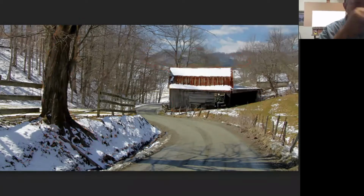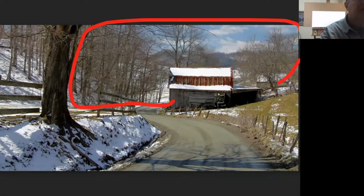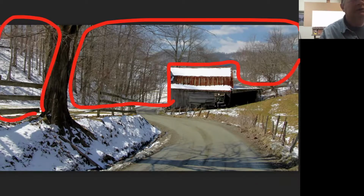I say just watch your contrasts from back, anything back in here, anything in the background from that far back. You should be able to, on your palette, look at those colors and say they've got to be in a very close range. I mean, yeah, you're going to have some brighter whites, but all this kind of stuff, the sky, the mountains back there and into the trees, that's what you want to blend out with your eyes. You want to be able to squint and almost can't tell the difference between